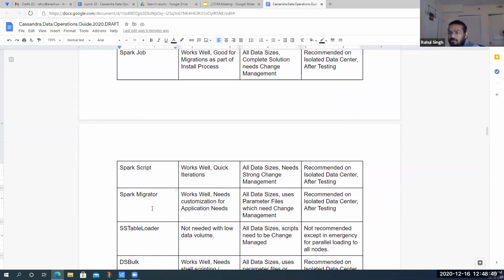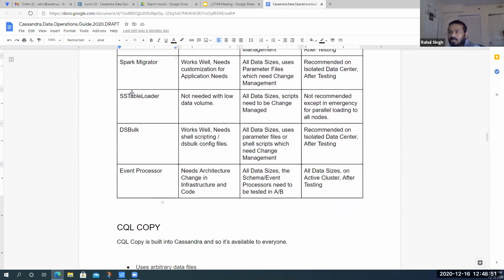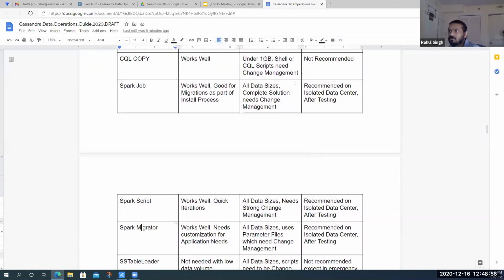We'll take a look at that in a second as well. SSTable loader. Well, let me quickly review the pros and cons. So I would say that Spark works well all around. It works for all data sizes. A Spark script,